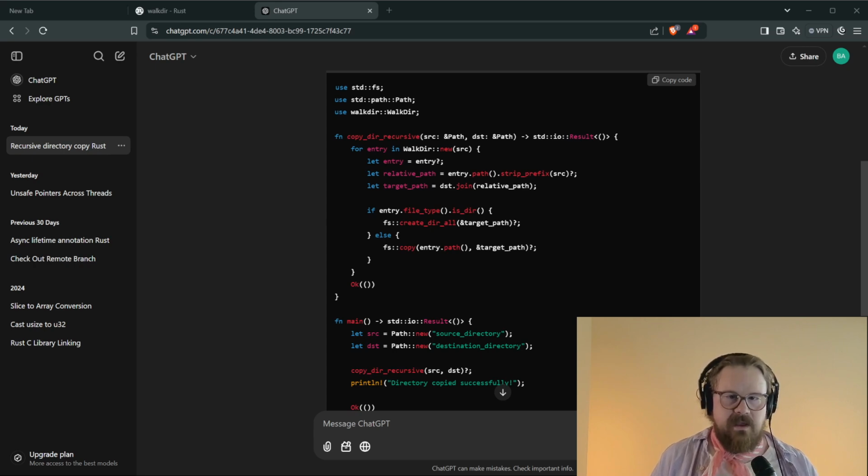This relative path, strip prefix source. Oh, that's nice. That's correct. I don't remember if these entries are absolute paths or relative paths, but this is going to take the relative path. Okay, they must be absolute paths. This creates the relative path to the top level. And then our target path, we're joining our